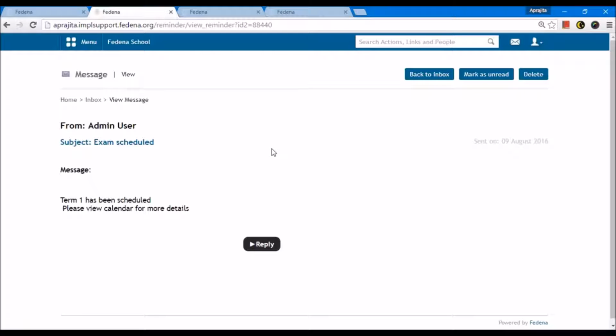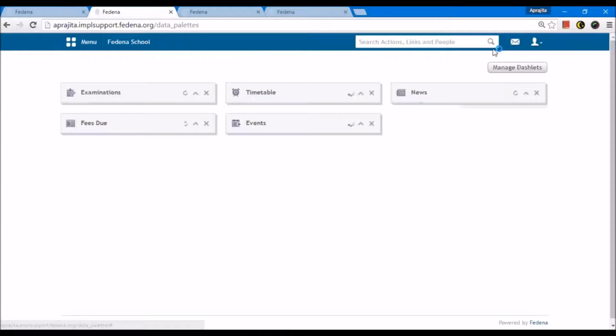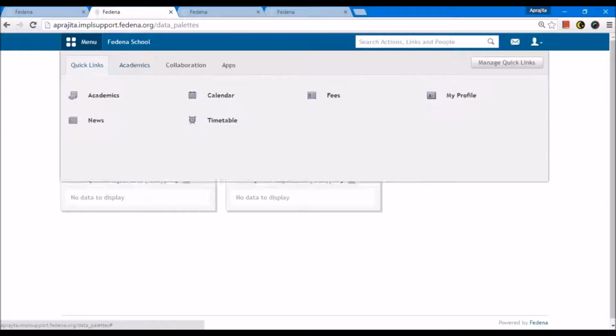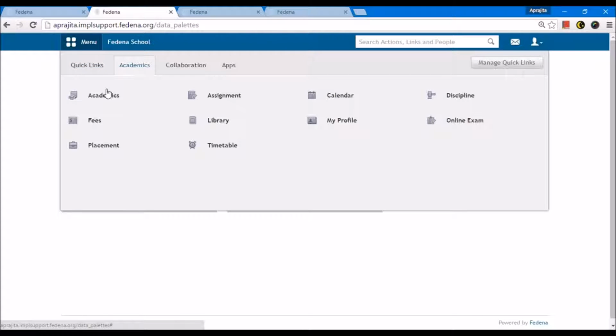It means it might take some time for them to appear in the system as an internal message for the recipients. So after some time, we will check here about the publishing of result message. Currently, it will take some time. So for now, let's go to academics and see how the student can check his examination term 1 related information because the result is published.